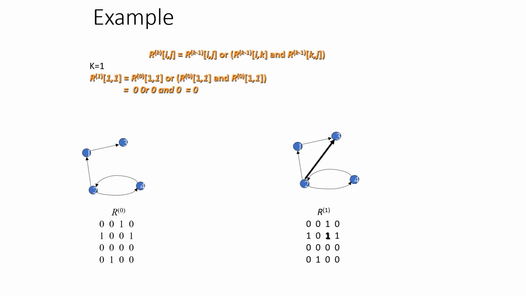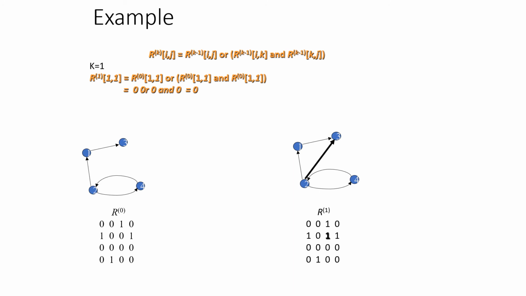Now we go for the next iteration, k is equal to 1. So what does it mean? Now I can update the adjacency matrix, that is R bar 0 can be updated by keeping 1 as an intermediate vertex. So now I try to improve the path, that is, I try to find a path between two vertices by including 1 as an intermediate vertex. Now we'll check this graph. It is very simple. See, from 2 through 1 I can reach 3. When I say R power 1, we can have only 1 as an intermediate vertex, so I can update this.